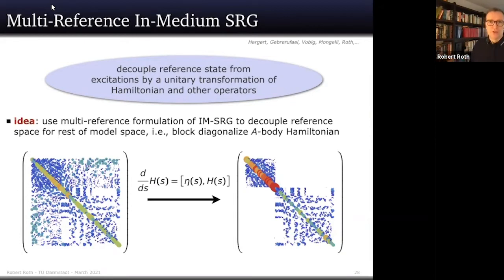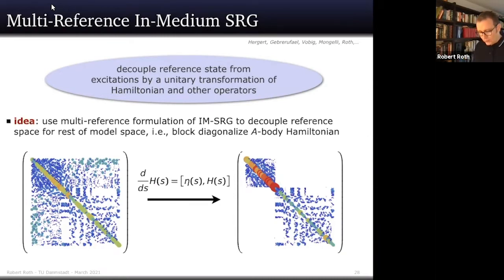So you suppress all kinds of excitations, and you can think of particle-hole excitations in this context, so that you pre-diagonalize your Hamiltonian, at least partially, at least with respect to a single state or a small reference space. And for these decoupling approaches, there are various mathematical tools to achieve this decoupling transformation.